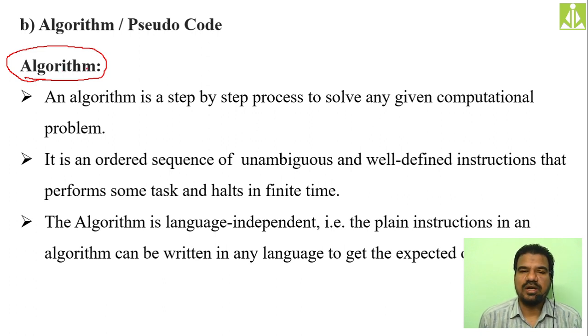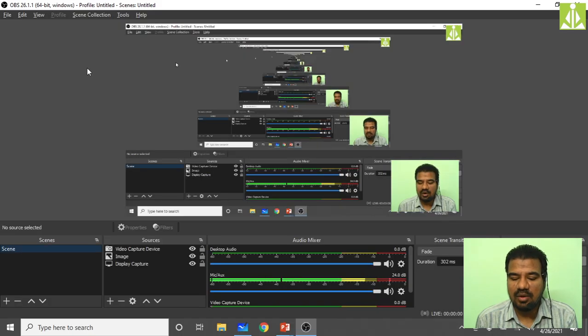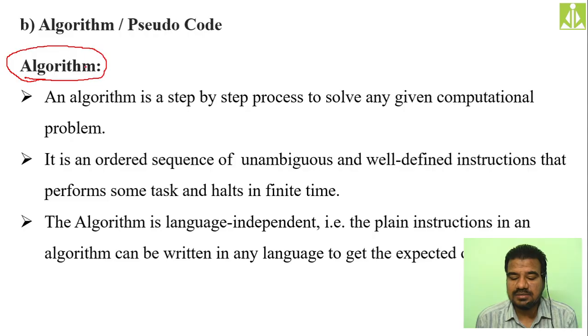So what exactly is an algorithm? It is a step by step approach for solving the given problem. In simple terms, we define it as a step by step approach for solving a given computational problem, because many times with the help of programming languages, whether it is C, C++, or Java, we solve computational problems only, where we need to do the calculations.